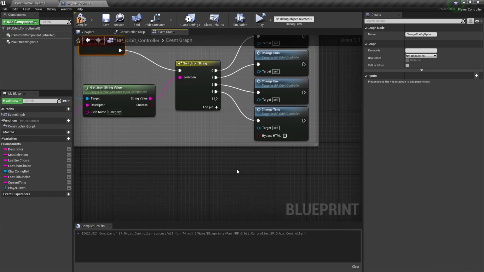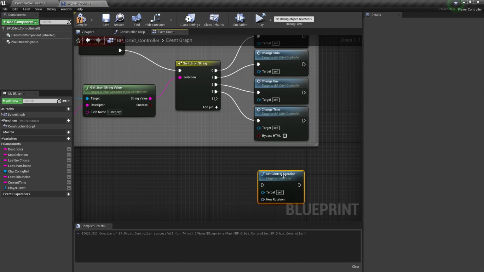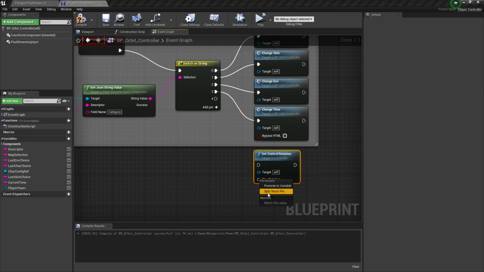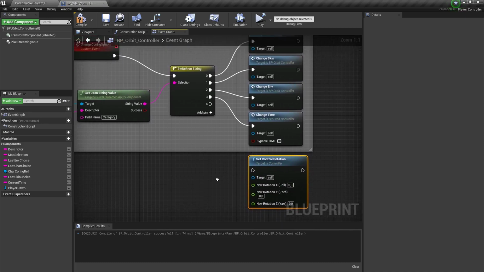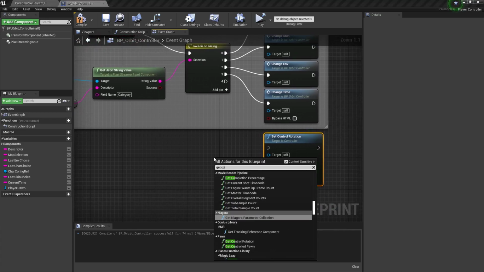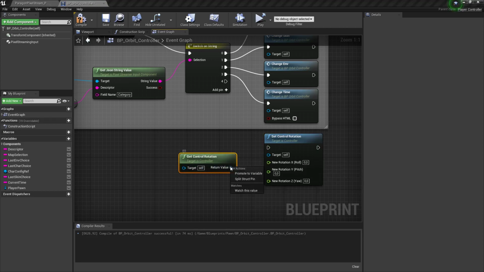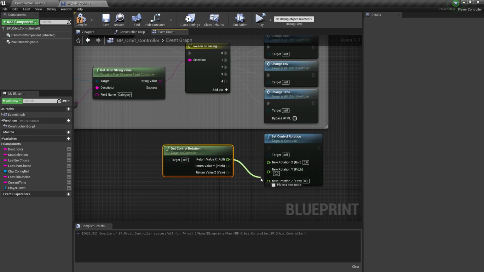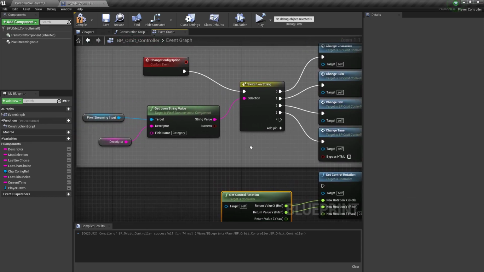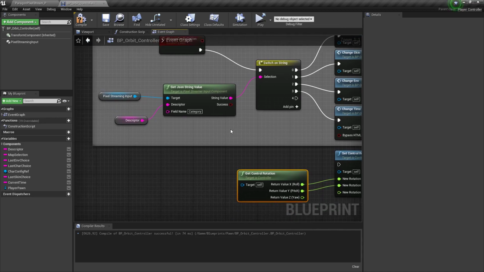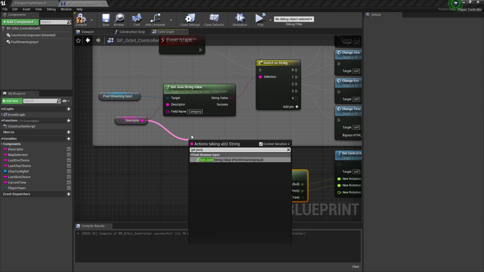So let's do what we did before and just set control rotation down here. We can split this up. We can actually get the control rotation so it doesn't change the X and the Y back to 0 all the time whenever we change it. And then in the descriptor, we can get JSON string value.